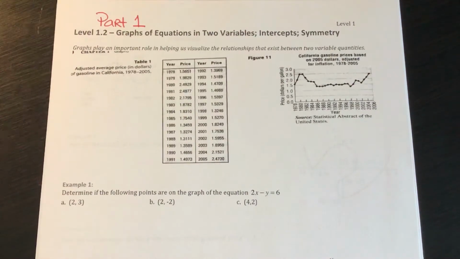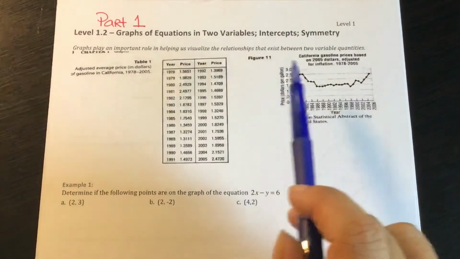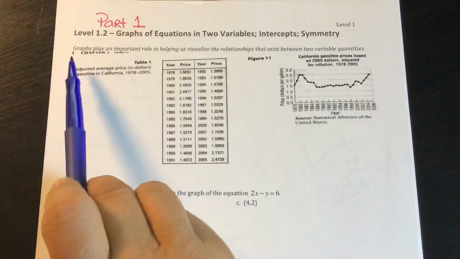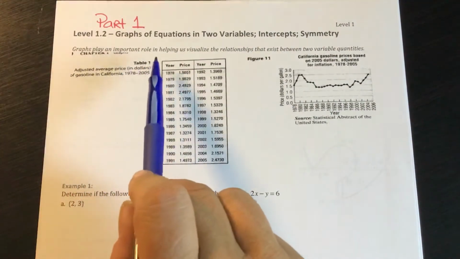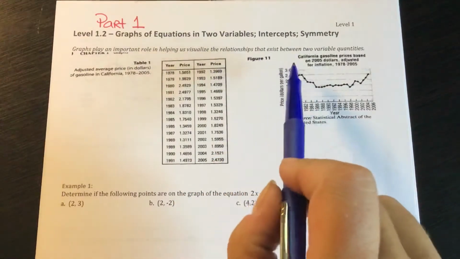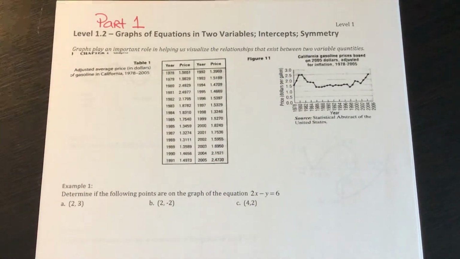So starting with section 1.2, which has to do with graphs of equations in two variables. And we're going to look at graphs, equations, and also talk a little bit about intercepts and symmetry. Here it says that graphs play an important role in helping us visualize the relationships that exist between two variable quantities. So if we are comparing two quantities,